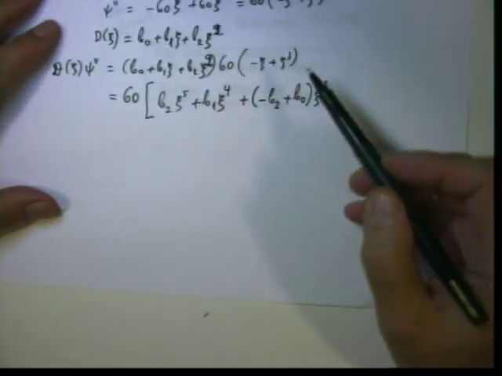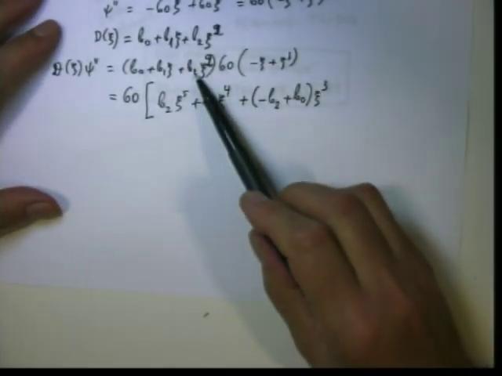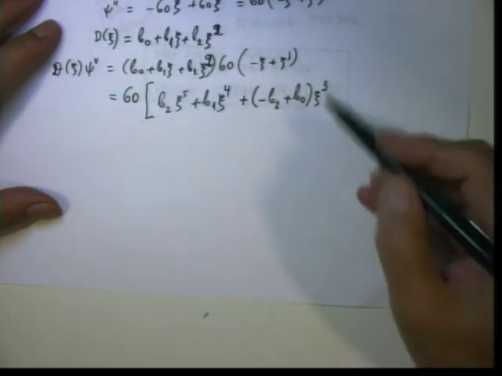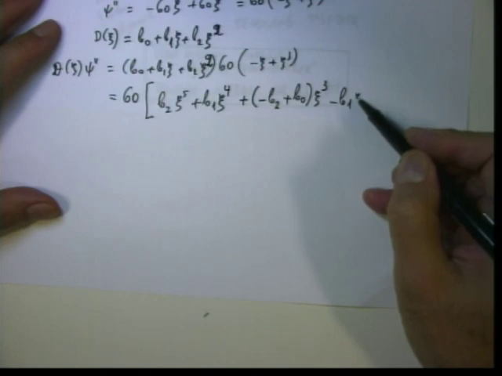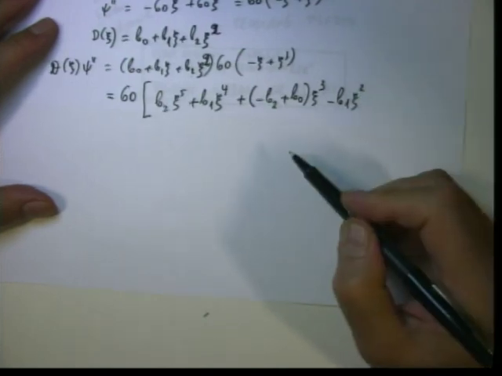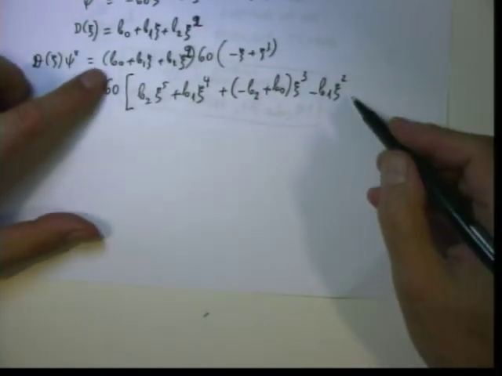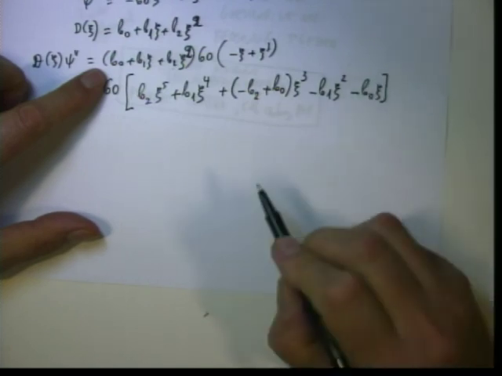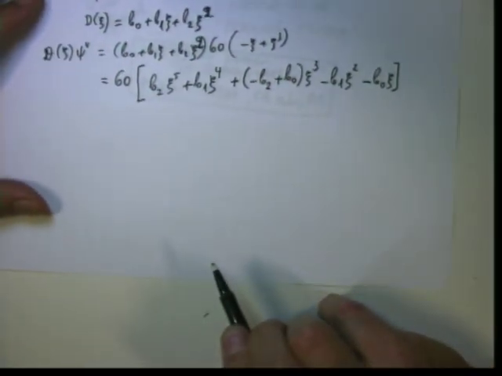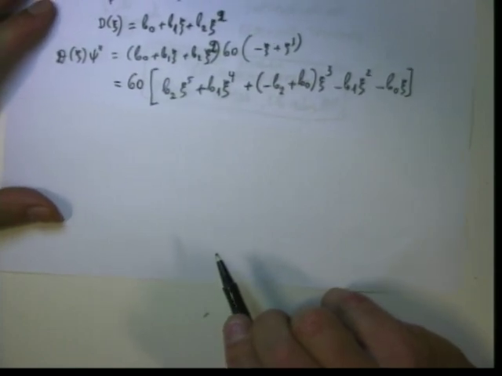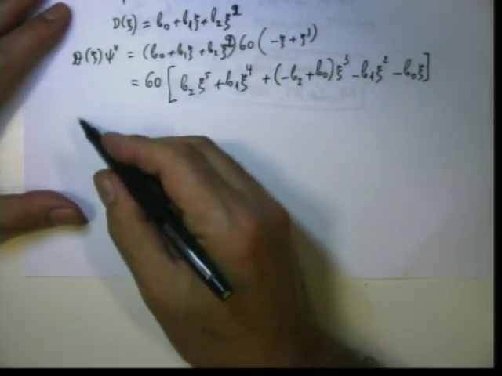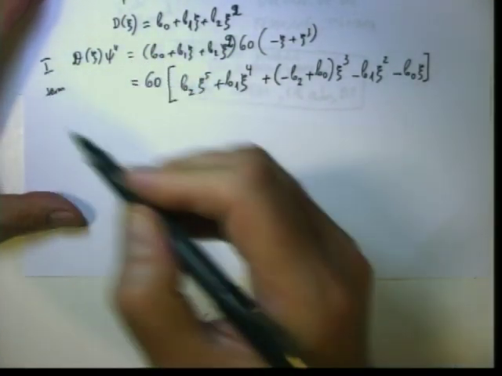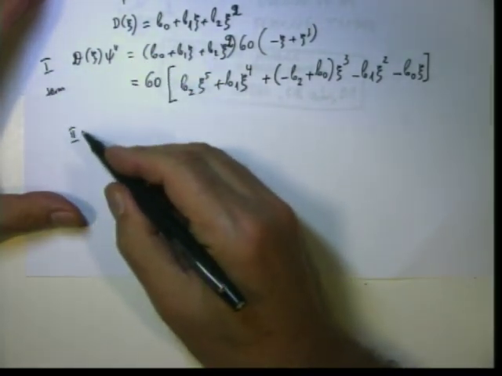Now psi square can be obtained by b1 times this, minus b1 psi square. And then psi in first power, minus b0 psi. So it is a second term. That is the first term. Second term